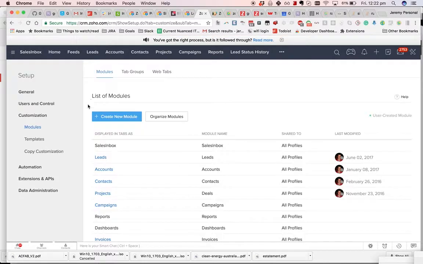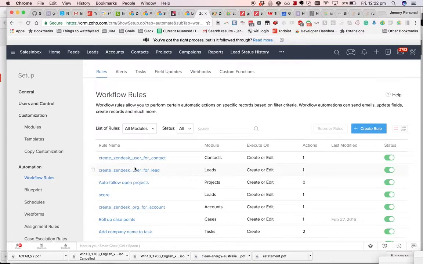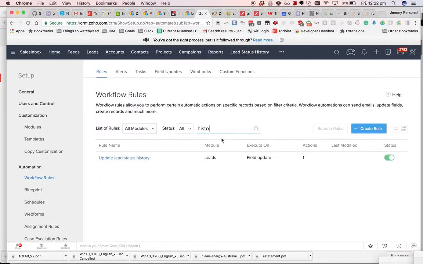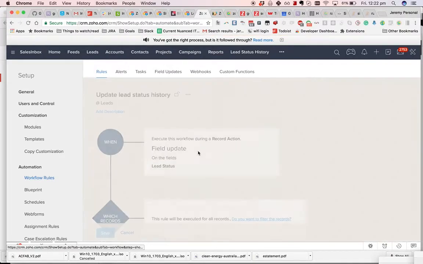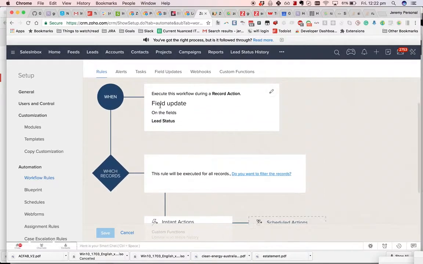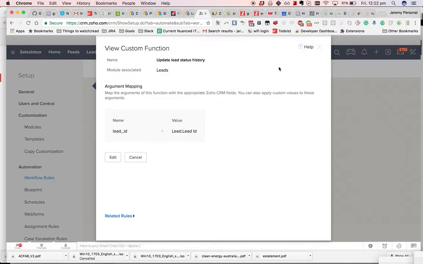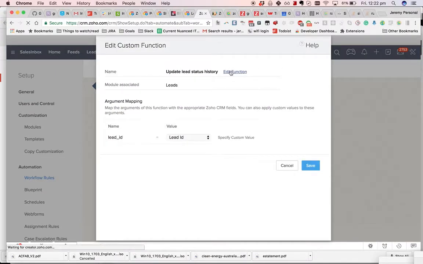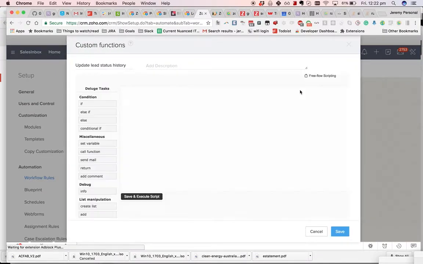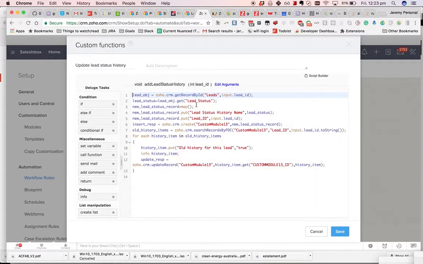The way that that is performed is through a workflow linked to a custom function. You can see here I've got my workflow triggered whenever lead status is updated. It calls this custom function, and what the custom function does is it gets the lead status from the lead, creates a new lead status record,